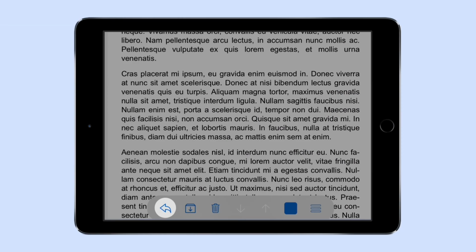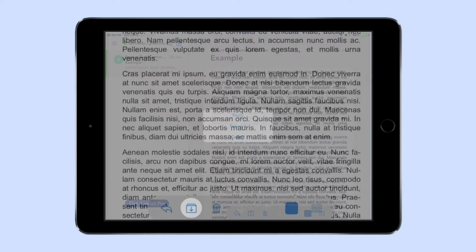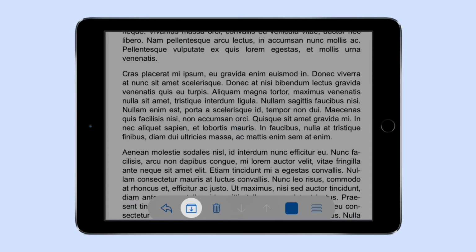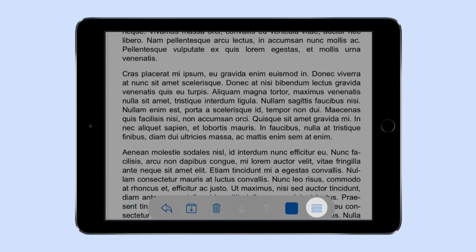The first button gives you two options: to reply to the email or to forward it. The second button archives the email. The third button deletes the email. The fourth button opens the same email in a new view, which seems to serve no purpose whatsoever, but I mean, someone can find it useful. It just shows the exact same things, which makes me move on to the fifth button, which is the action